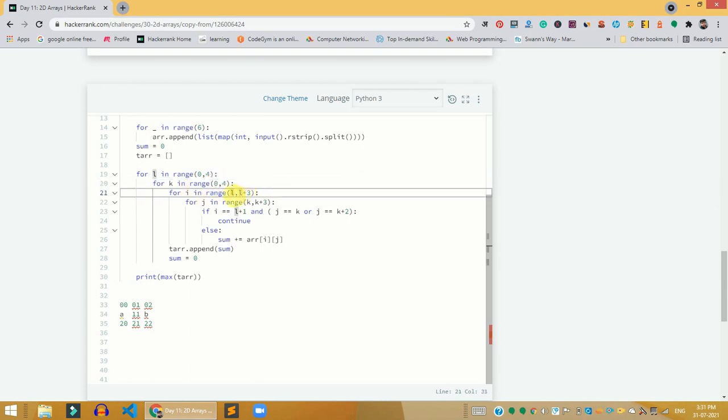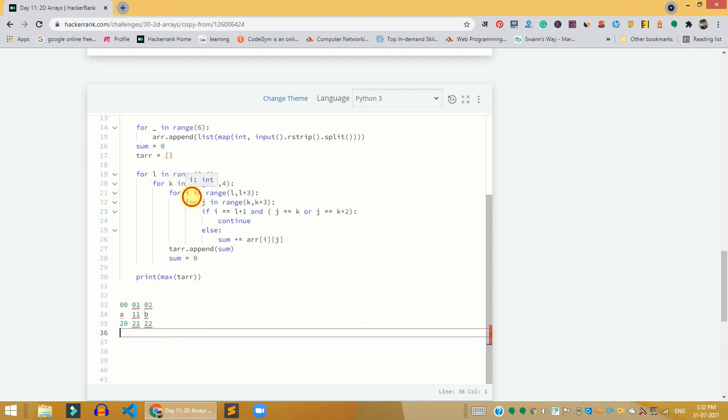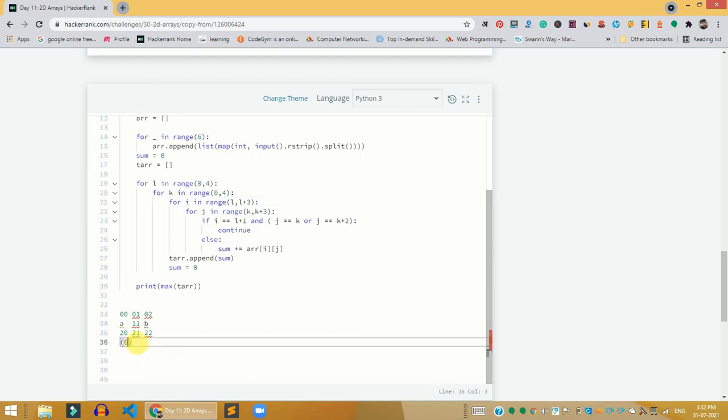I am going to take the value of I in range from L to L plus 3, that is going to be 0 to 3. Sorry, I am not going to write that here because it will cause errors. So let's say we are taking I first. The value of I ranges from 0 to 3, also 0 to 3 for the